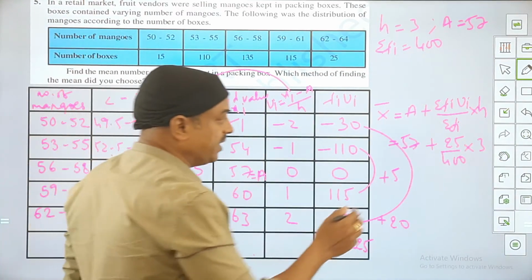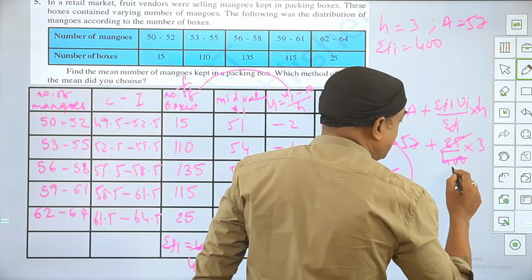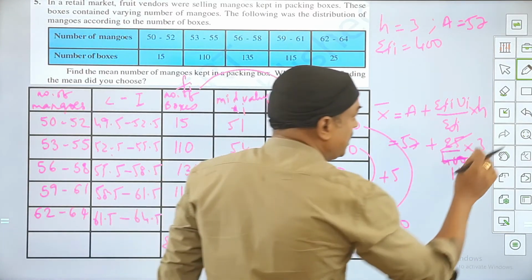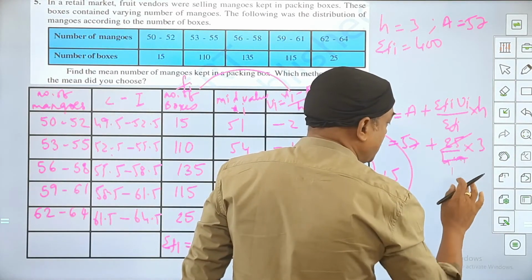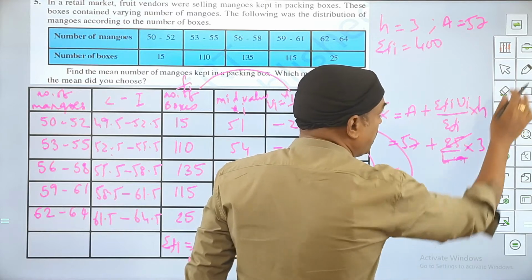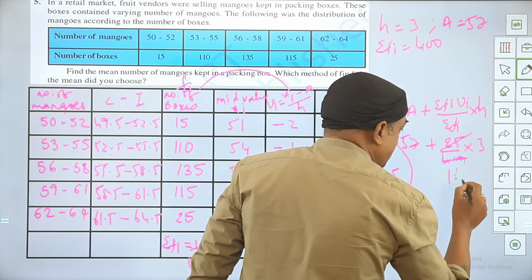Okay. Now let us simplify this. This will go by 16 times. I know that is going to be 16 times here. 25 16s are 400, right? So here it is 16 times.